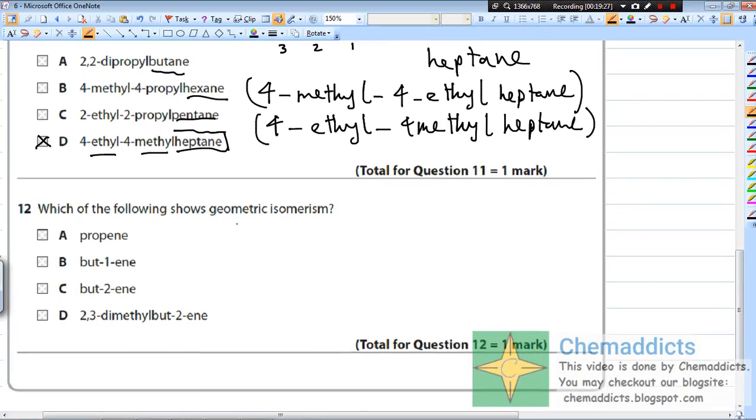Which of the following shows geometric isomerism? At first let us draw the structure of each molecule, 4 molecules. If we draw the structure of propene, the propene molecule looks like this: H,